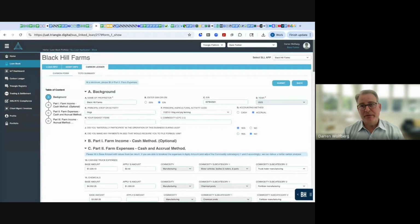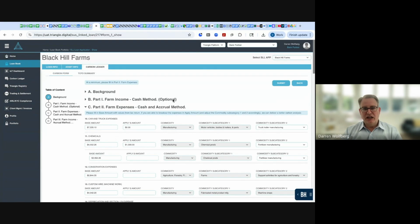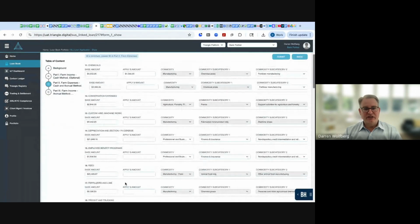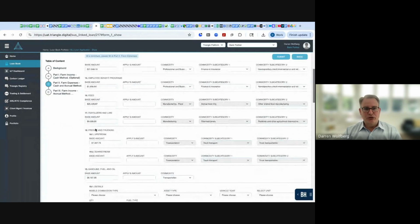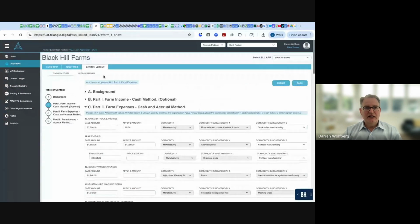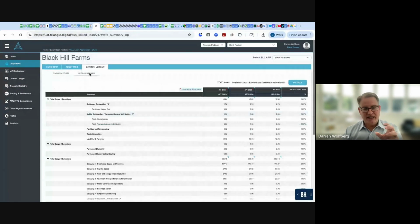What's important about the blended finance is it's not just about payment for action, it's payment for outcome. And these are some ongoing monitoring tools that we have built for farmers specifically, where they can add their itemized expenses by truck and cars, conservation, feed, fertilizer, gasoline, fuel, any freight and trucking. All of those come together and we create an estimation of a carbon footprint associated with that